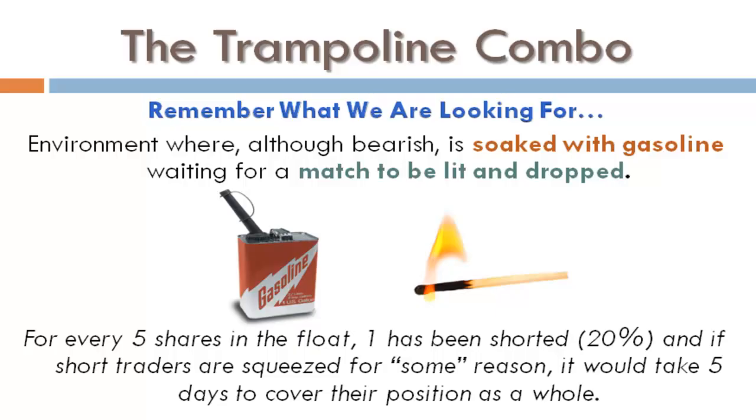So believe it or not, and as we'll see in examples, 5 is pretty low. I've seen 10 days, 15 days. Think about 15 days. That's 3 weeks, based on the average daily volume, where it would take the shorters as a whole to cover their position. 3 weeks. So hopefully you can see the drift here. But this is what we want. We want to know these sorts of numbers because it leads us to these sorts of environments where all it takes is that little spark, and it's a very combustible location, a very combustible environment to be in.